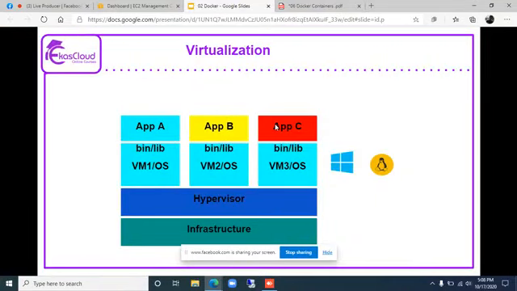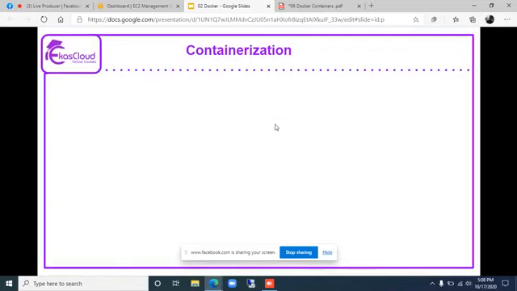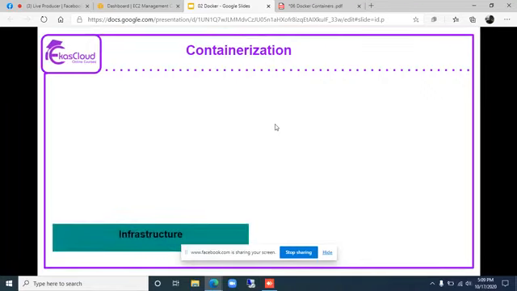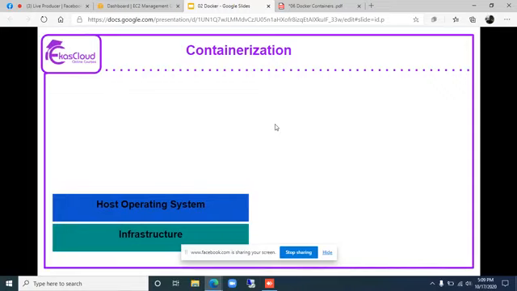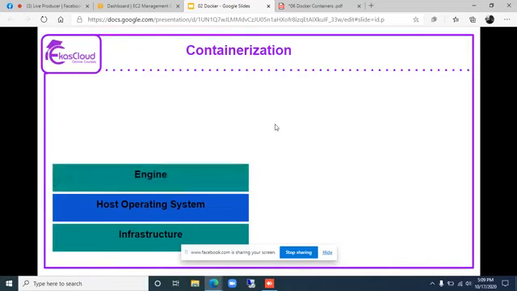Now we'll see what containerization is. In containerization, you still have hardware. Above that, you install a host operating system, which is Windows or Linux. Above that, there is something called an engine.